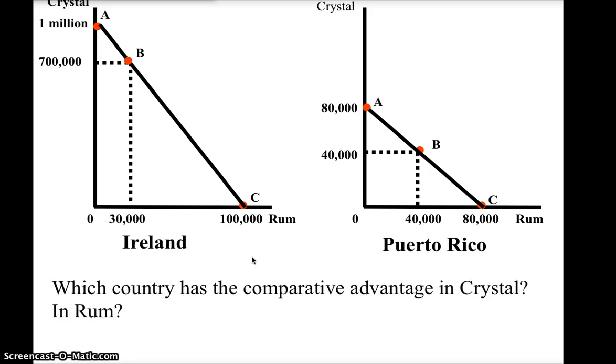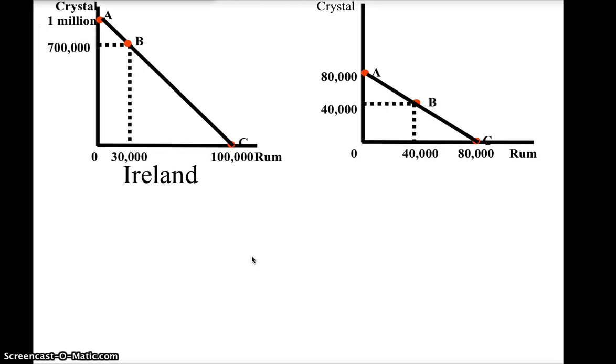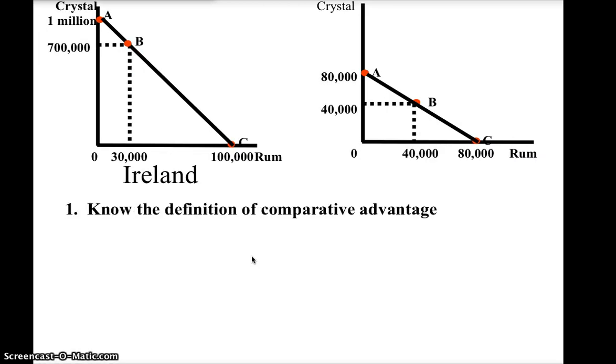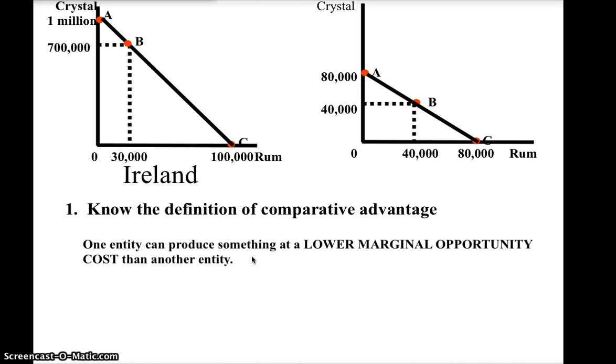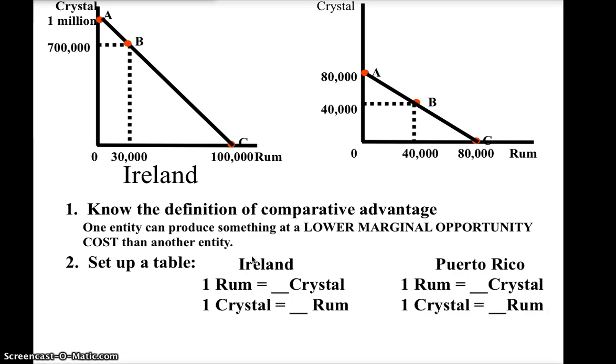So, who has the comparative advantage in Cristal or in rum? To do this, there are 5 steps to figuring out which country has the comparative advantage. First, you have to know the definition, which you should know by now: one entity can produce something at a lower marginal opportunity cost than another entity. The next thing is you set up a table, just like this: 1 rum equals blank Cristal, 1 Cristal equals blank rum, for both countries. So if you divide by the extremes, you figure out